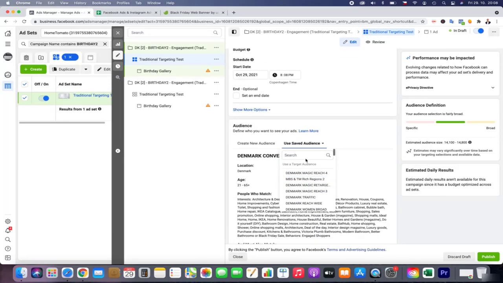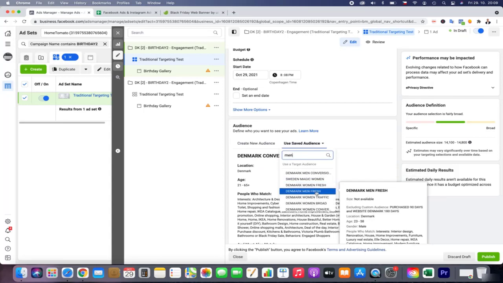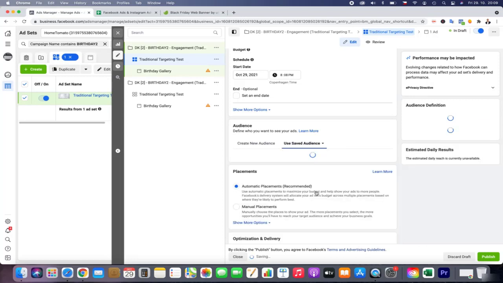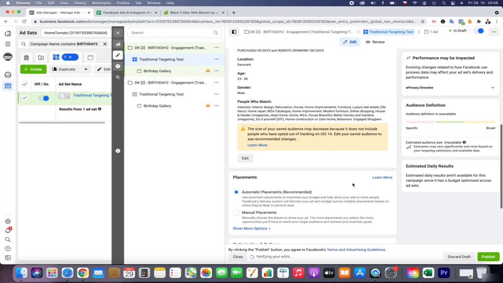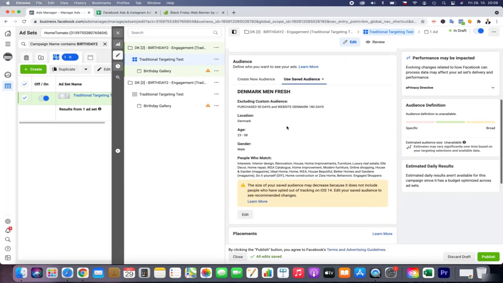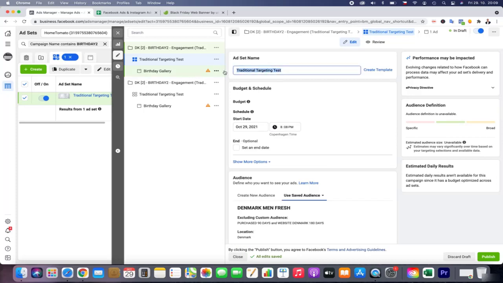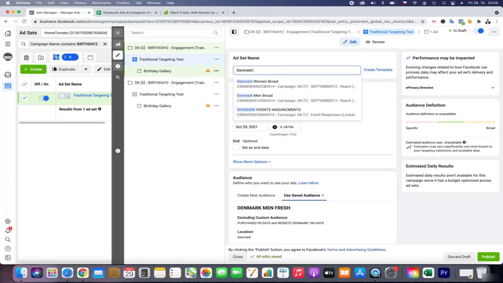So let's search for it together. I would definitely use maybe some freshmen. This would be really good to engage them. It means that they are excluded from purchase and website visit, and we need to engage definitely. So we need more engagement.